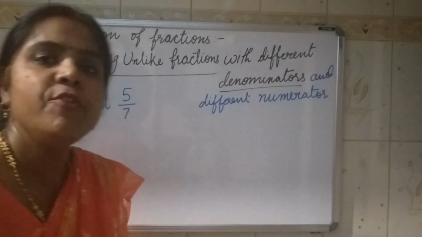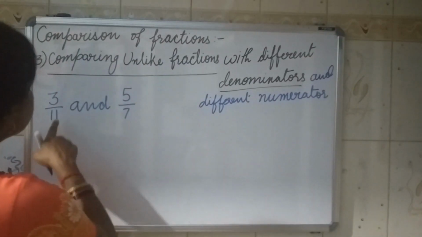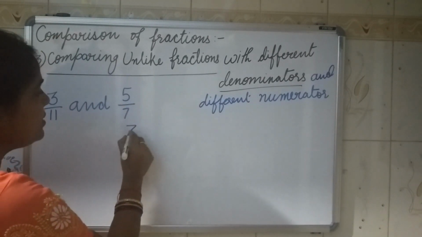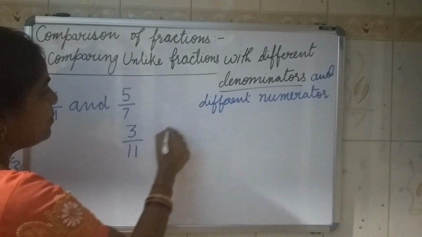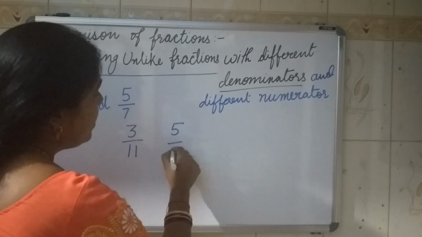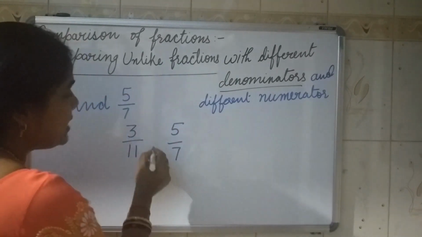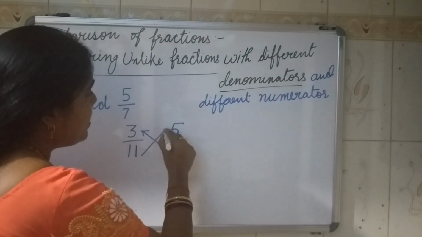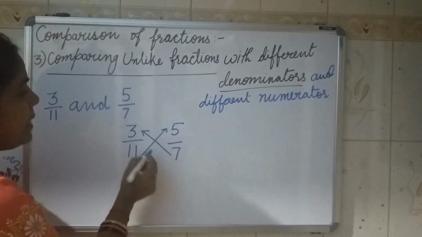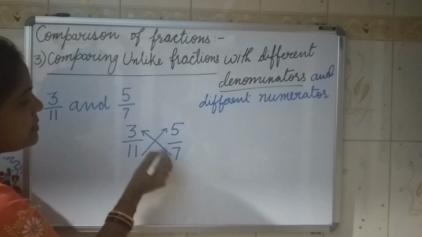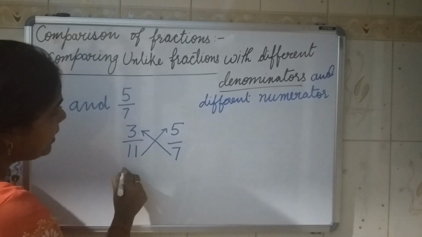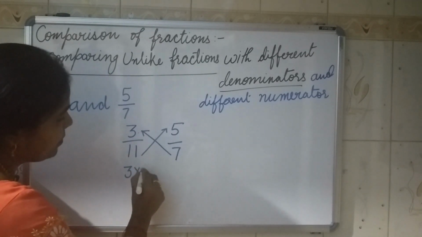I'm going to explain with one more example. The second example I have taken is 3 by 11 and 5 by 7. In this case also, if you will see, both numerator and denominator are different. Okay. So what we have to do, same process, we will make an arrow. Here also we will make an arrow. Okay. And then when we are making this arrow, this 7 will be multiplied by 3. So the tip is towards the 3. So we will write down 3 into 7.